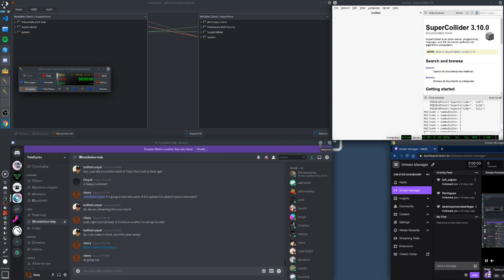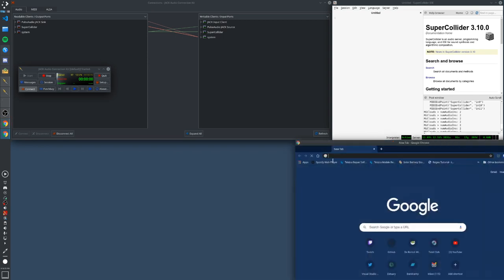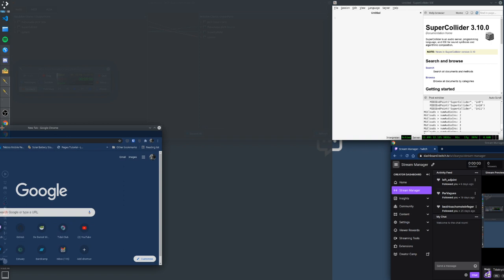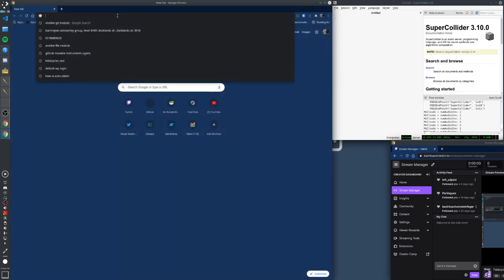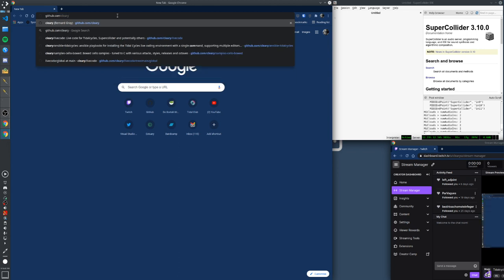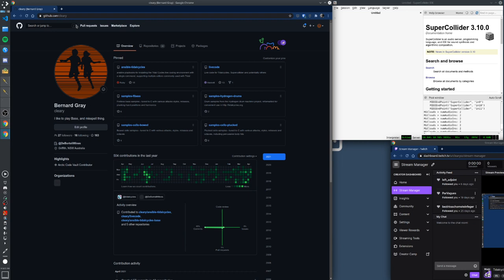Today I'm going to do something a little bit different and do a demonstration of a tool that I've been working on for the last little while, in earnest in the last 12 months, and it's an Ansible installer for Linux. If you go to my GitHub page, github.com/Cleary,